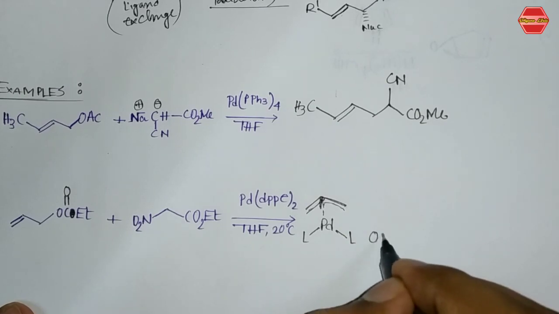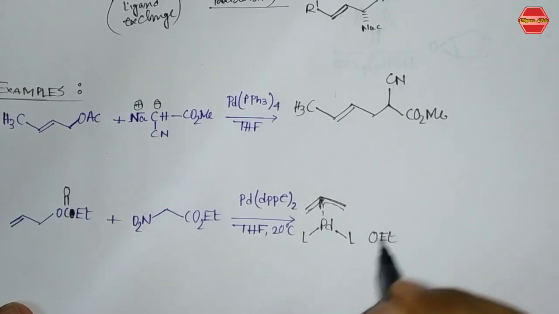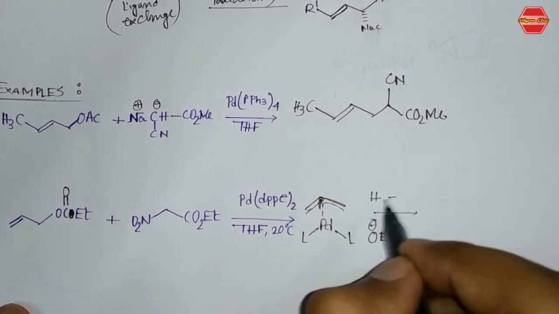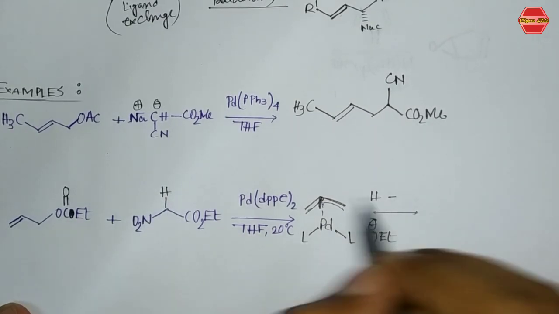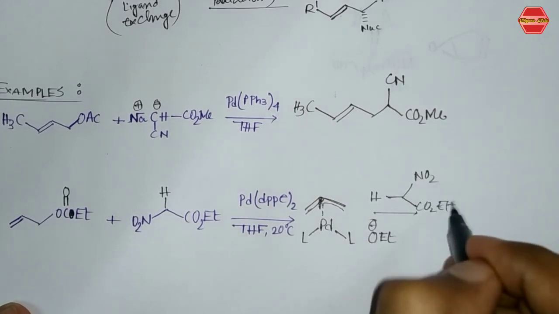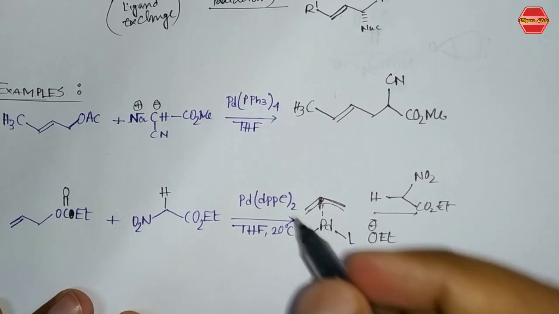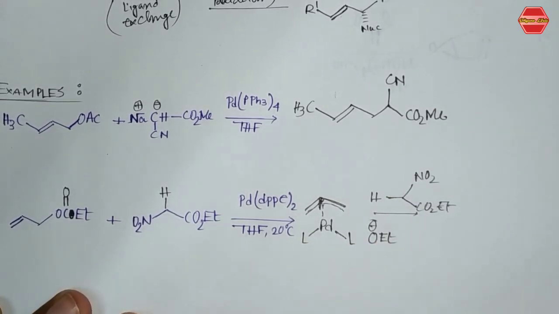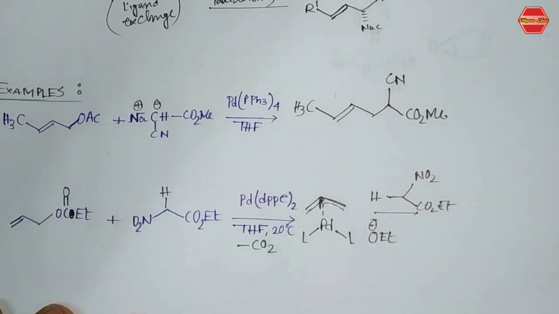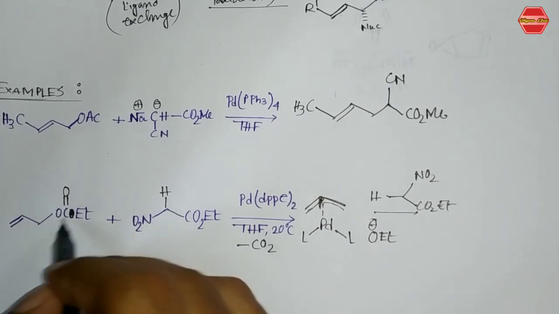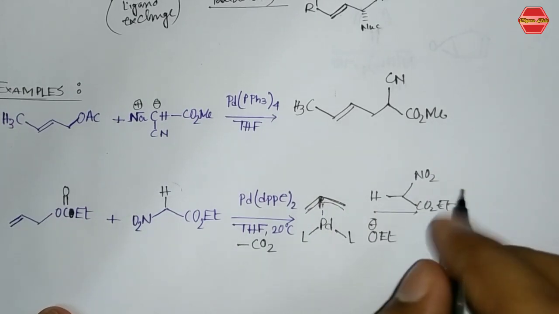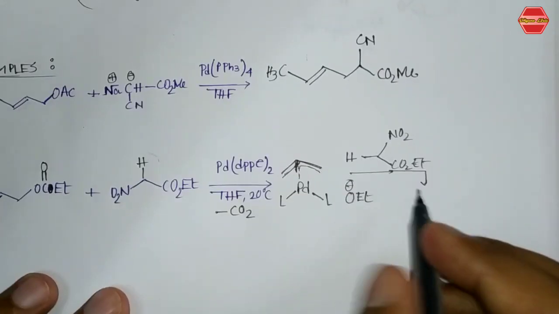Now this OET minus is free from the system, and the nucleophilic hydrogen is given, so NaO minus. So this hydrogen is quite nucleophilic, so I am writing over here this group like this, NO2 and CO2ET. Okay, so the next thing is that this OCOET is like this, that is, first in this step CO2 will leave from the system. Okay, so how will this CO2 leave? Now this CO2 will leave from the system and this negative charge attacks over here, and finally you are going to get this product.